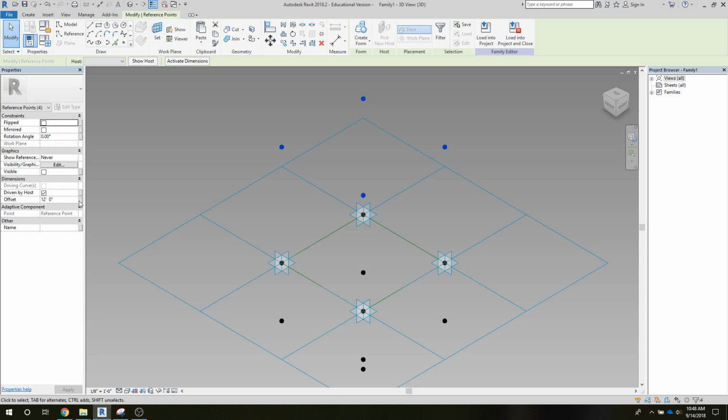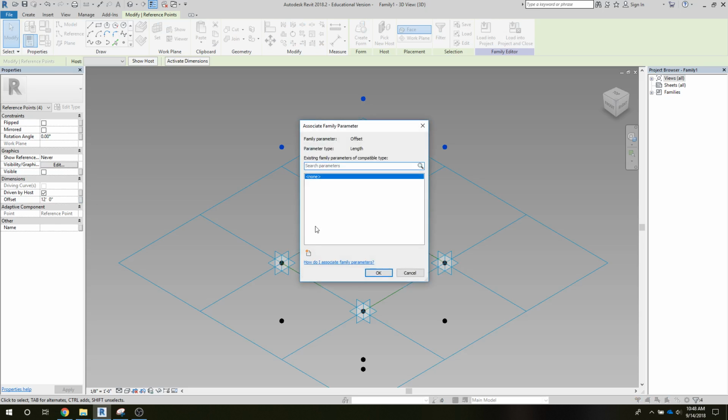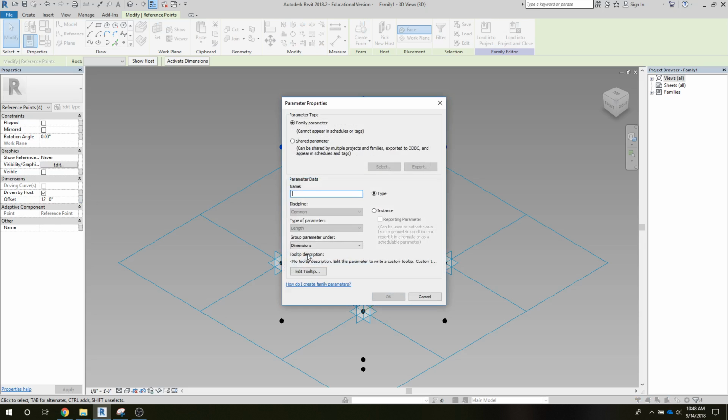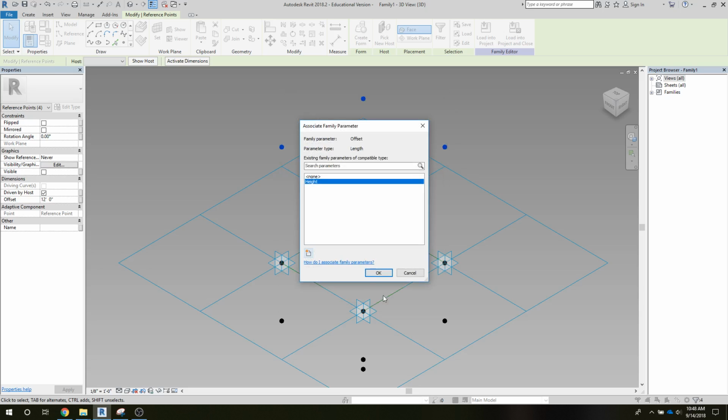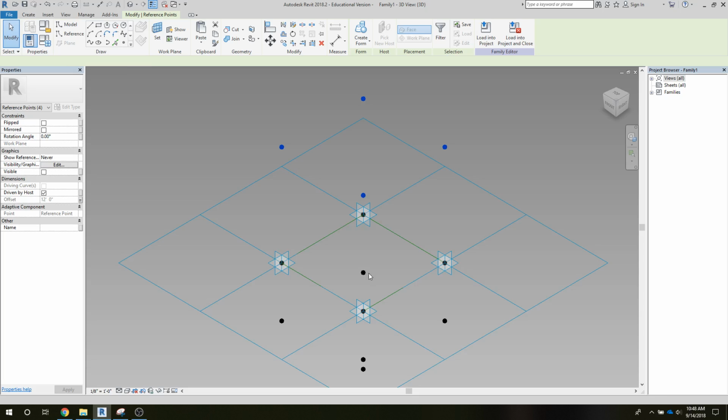So I have my reference points, they're going up. So I'm going to build some parameters now. I'm going to build a dimension parameter, and I'm going to call that height. And all of those are going to be assigned to that. I'm going to go back to now our front view